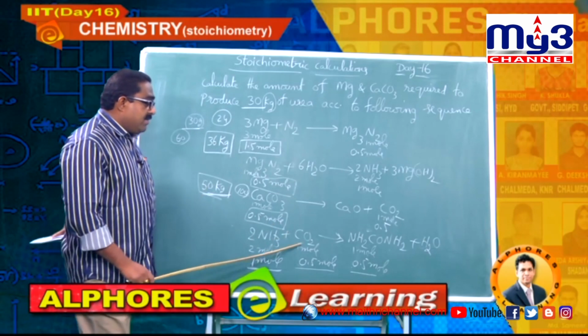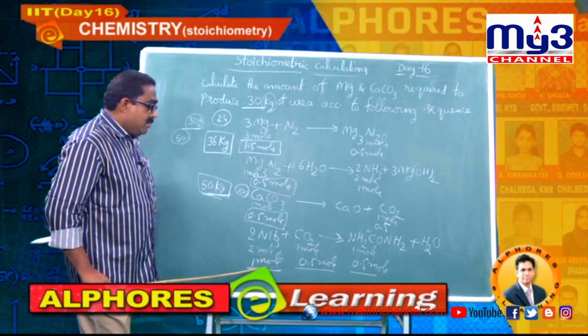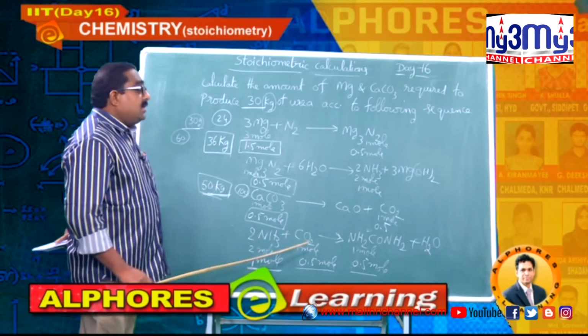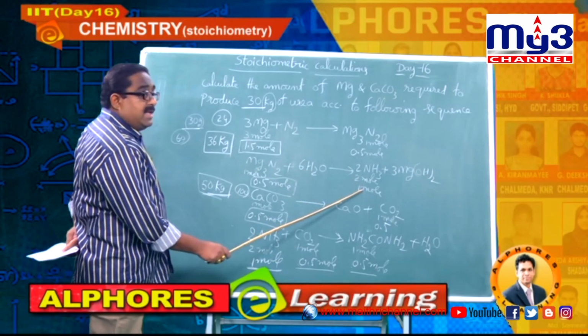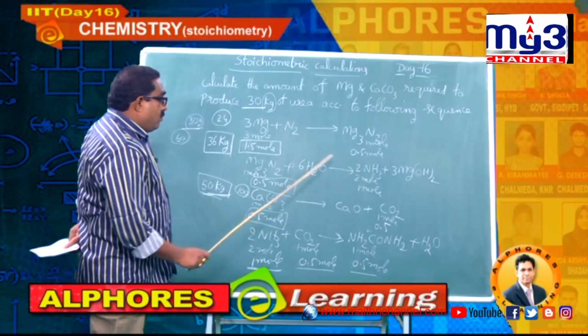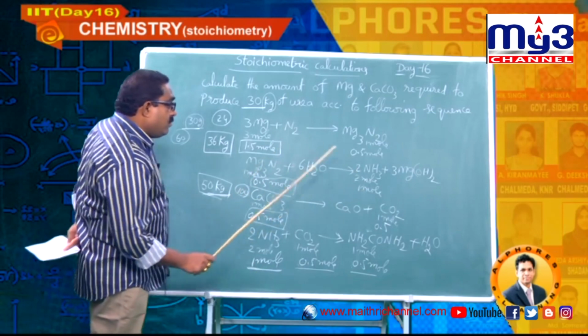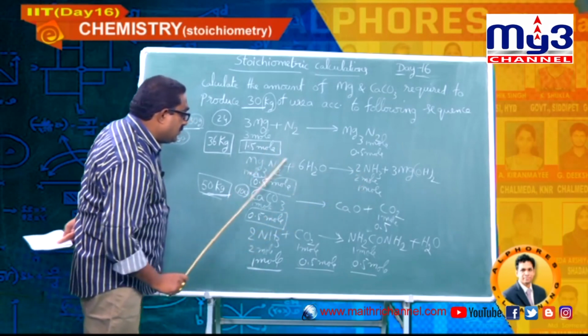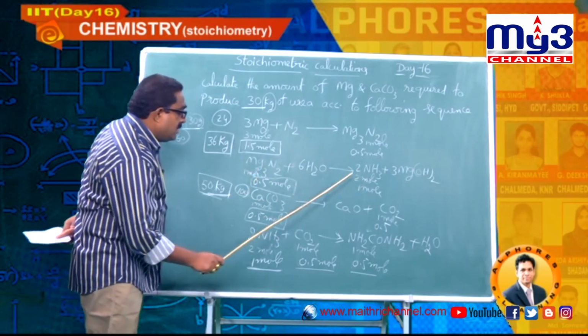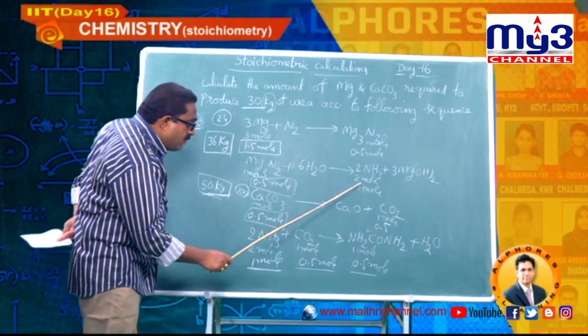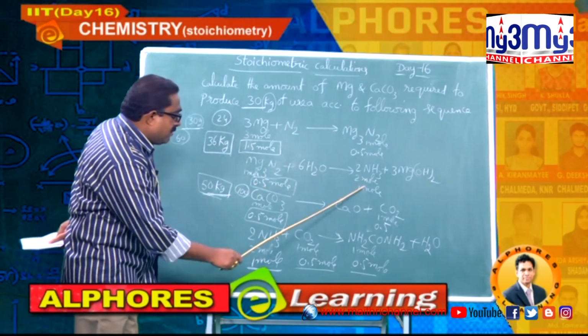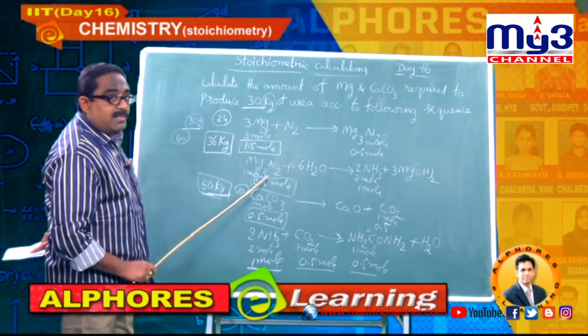Here along with carbon dioxide I have calculated the moles of ammonia required. Write down the moles here. Ammonia is forming in this reaction. 1 mole magnesium nitrate gives 2 moles, double. So 0.5 mole should give 1 mole because requirement here is only 1 mole. So it should come from 0.5 mole.